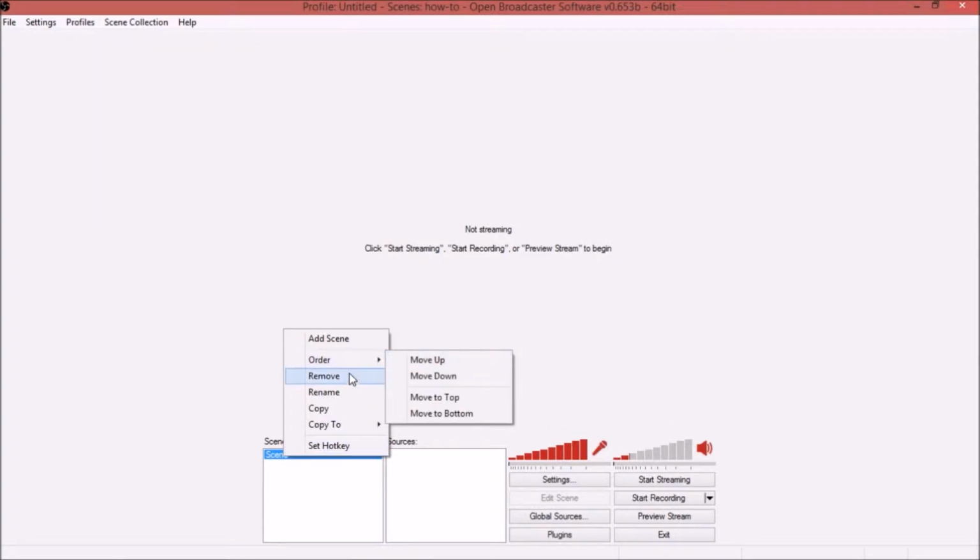You can order them, so once you get multiple ones, you can move them up and down to put them where you would like to use them. Probably in the order of which you use the most, or anything like that. You can remove it, you can rename it, you can copy them to an existing scene, and you can also set hotkeys for easy scene switching from your keyboard